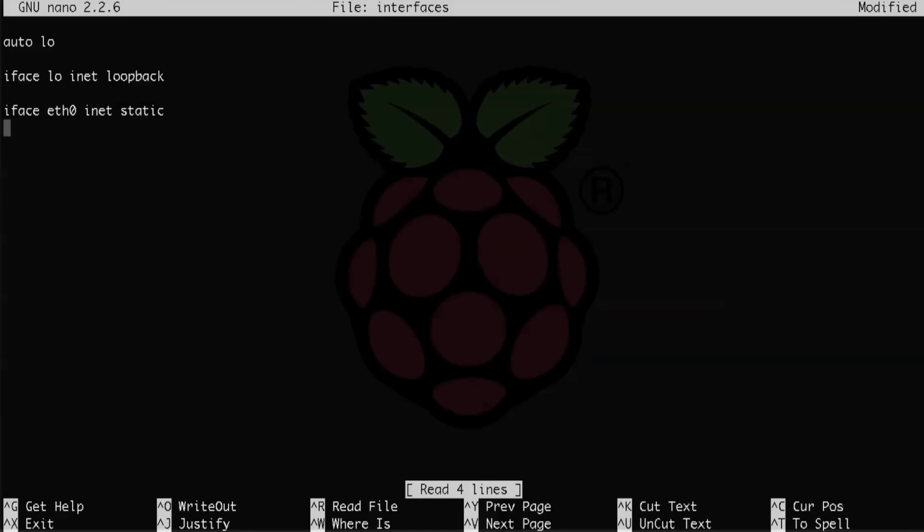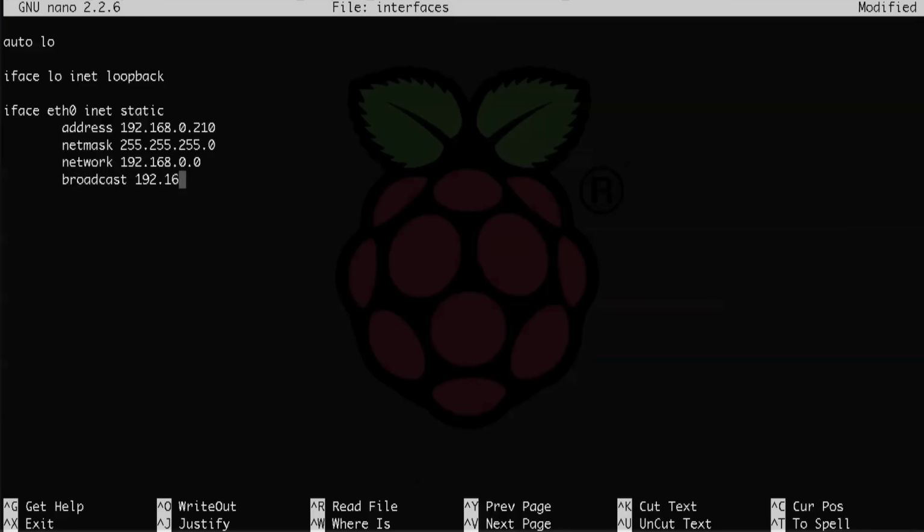And once that's done, we need to define what IP address we want, as well as some other network options. So let's go down and tab over to make this a little easier to read. And here we go. So address 192.168.0.210. Then on the next line, netmask 255.255.255.0. Next line, network 192.168.0.0. Next line, broadcast 192.168.0.255. And lastly, next line, gateway, and then